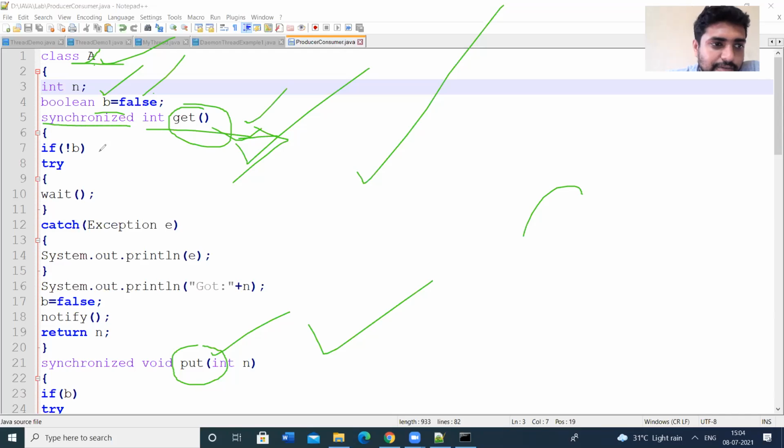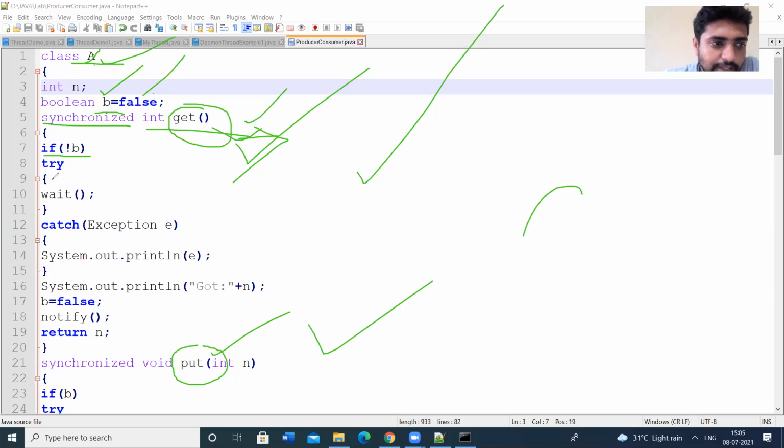Synchronized int get. Here, if not equal to b, that means if the b value is true, then we have to execute this.